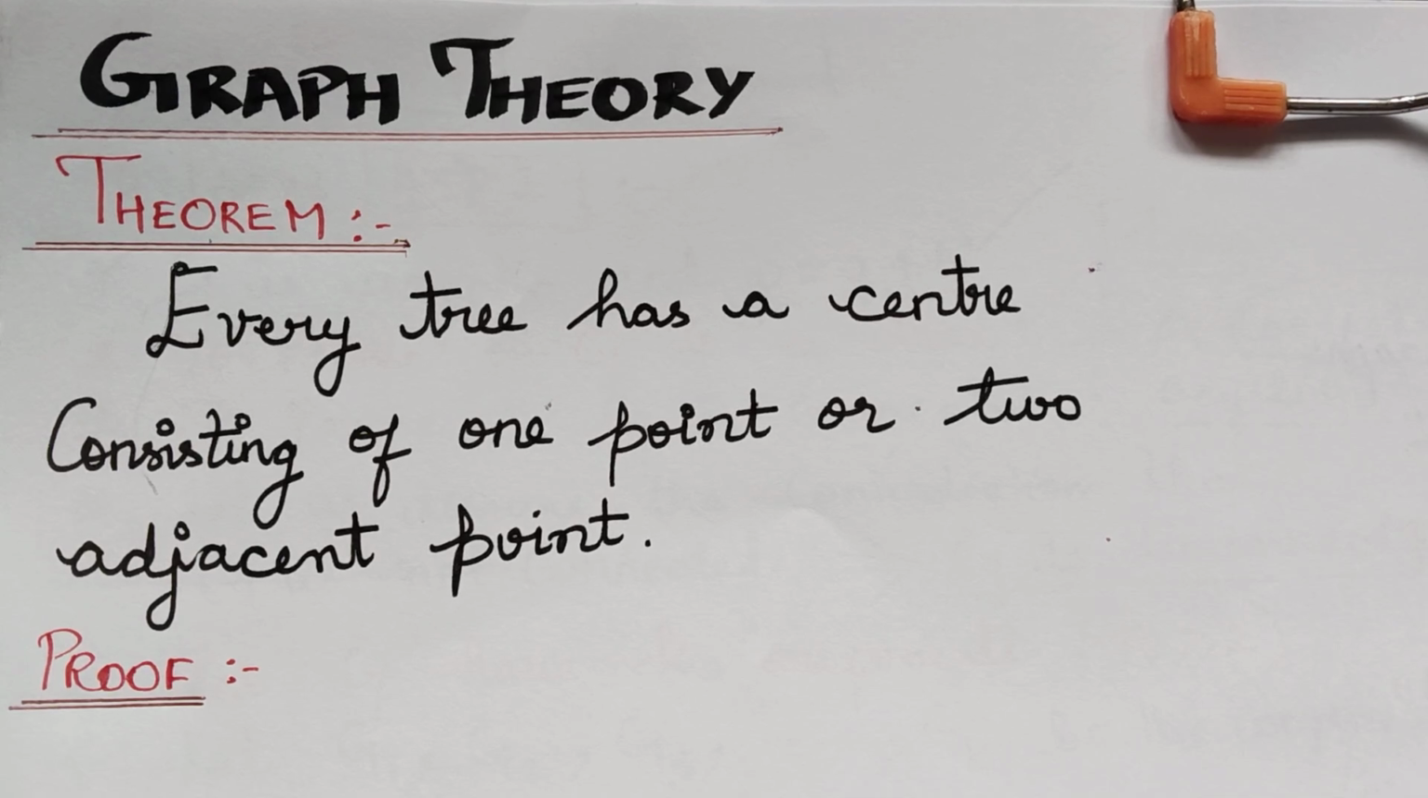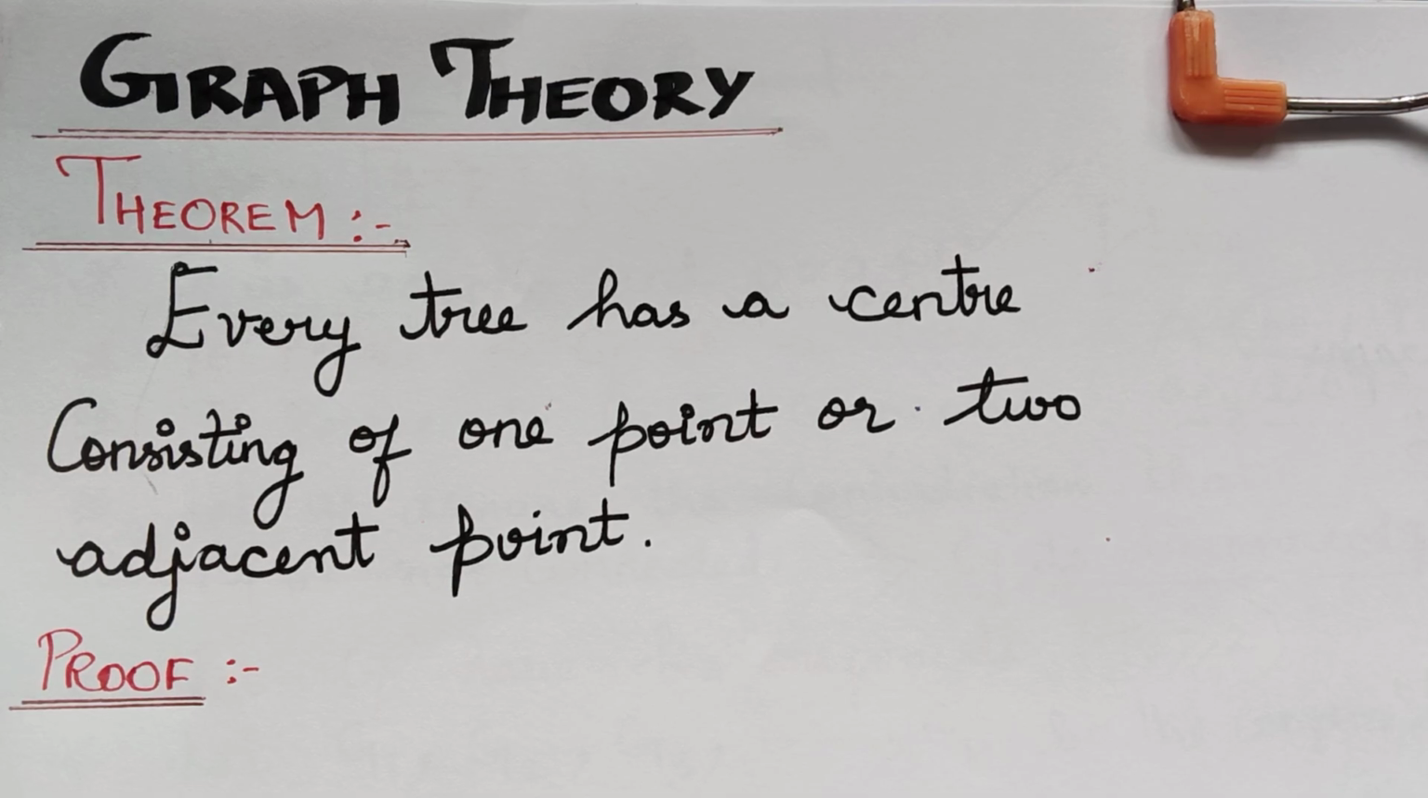Dear students, under the topic graph theory, we are learning the concept of center of a tree. We saw the basic definitions where we learnt about the eccentricity of a vertex and then the radius of a tree, of a graph, and then we learnt about the central points and also the center of a graph G. Now here we have a theorem that states that every tree has a center consisting of one point or two